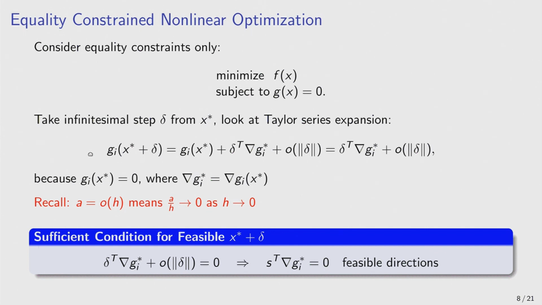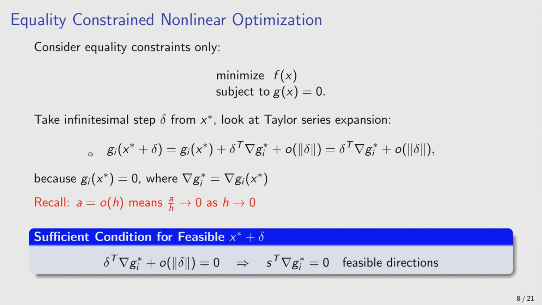And I'm going to do this first for equality constraint problems. So I changed our problem to only have equations because it's slightly easier, and then I'll tell you how to generalize it to inequalities. So for equations, I can just do a Taylor expansion around x star, and the